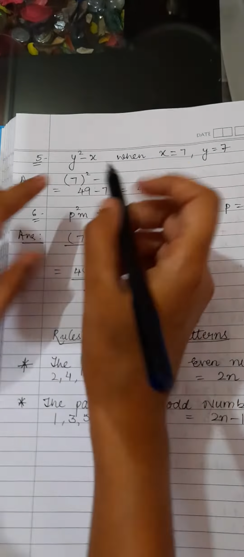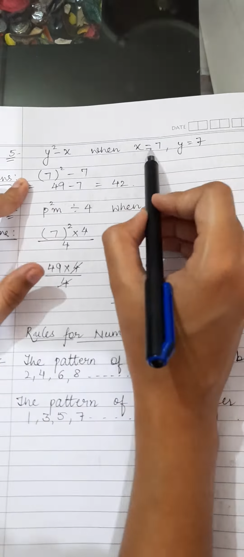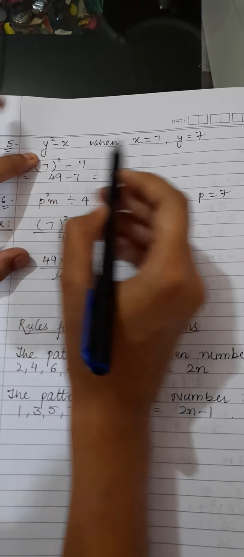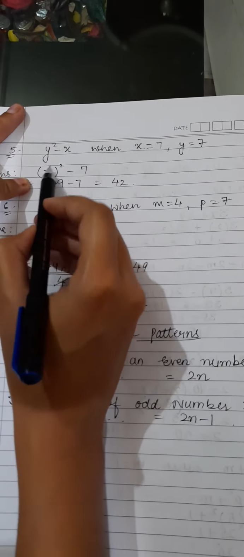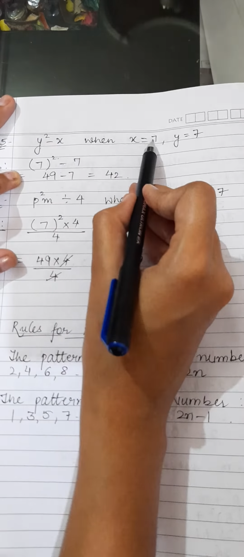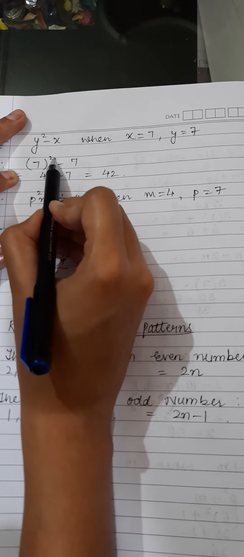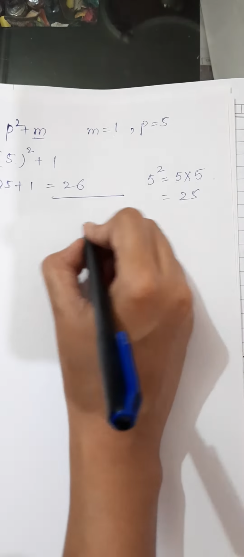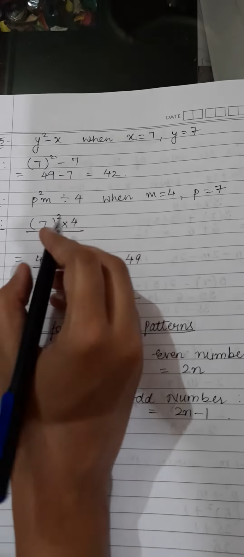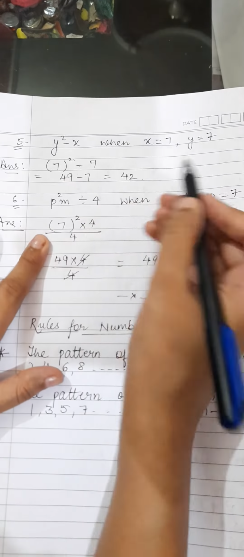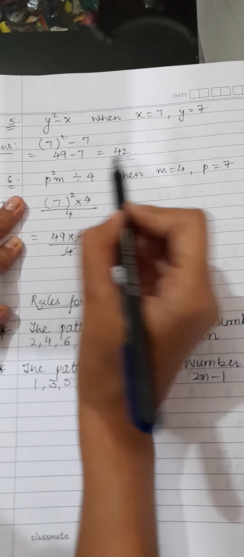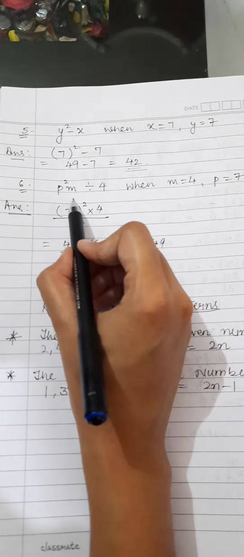Now question number 5. y square minus x is the expression and the values of x and y are given to you as 7. Instead of y, place the value of y, which is 7 given, write 7 here, and then you have to do the square. Minus, what is the value of x given? 7, so give 7. 7 square, now 7 square means 49. How? 7 square means 7 is multiplied twice. 7 sevens are 49. So write here 49 minus 7, the answer will come 42. Simple.